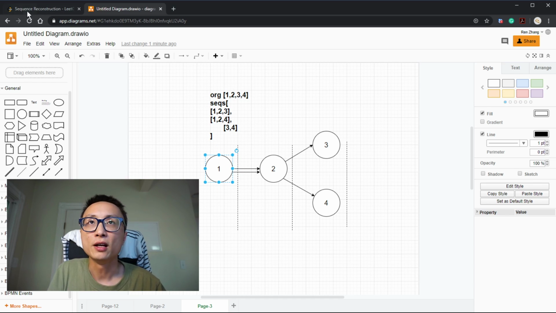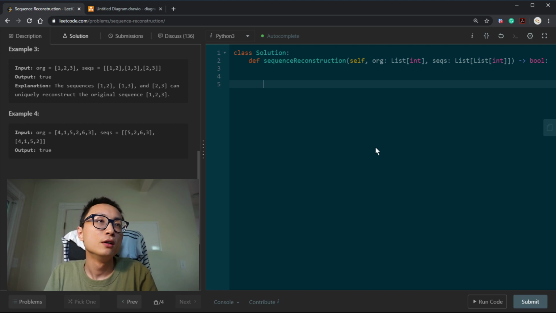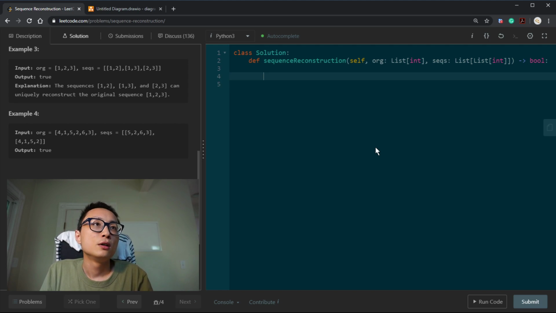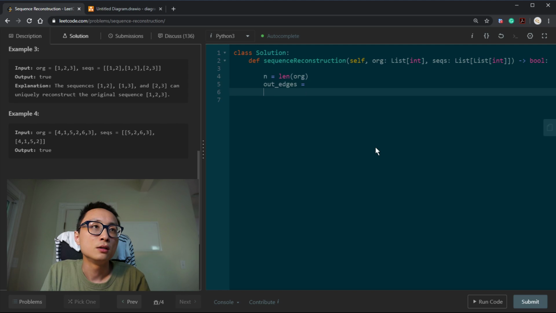So that's that. So let's code this. It's going to be quite a lot of code. So we're going to grab the n from the original sequence and then initialize two things to hold the out edges and the in-degrees. So these are the graph processing code.